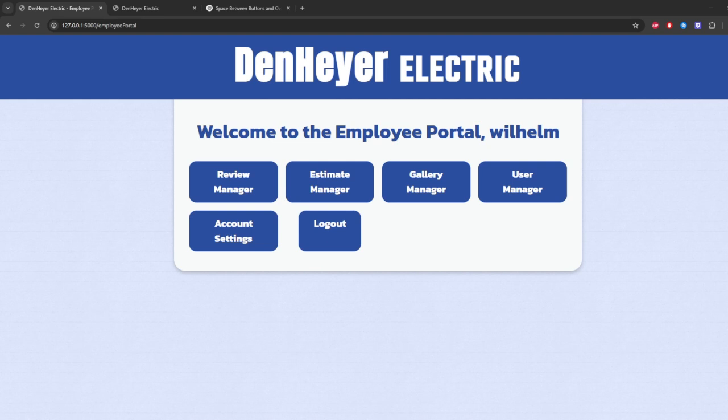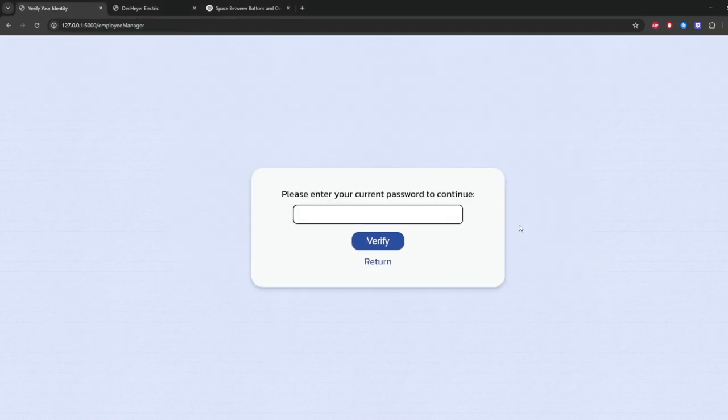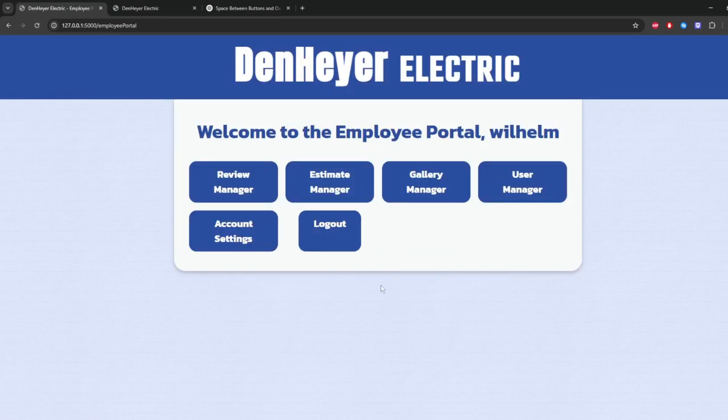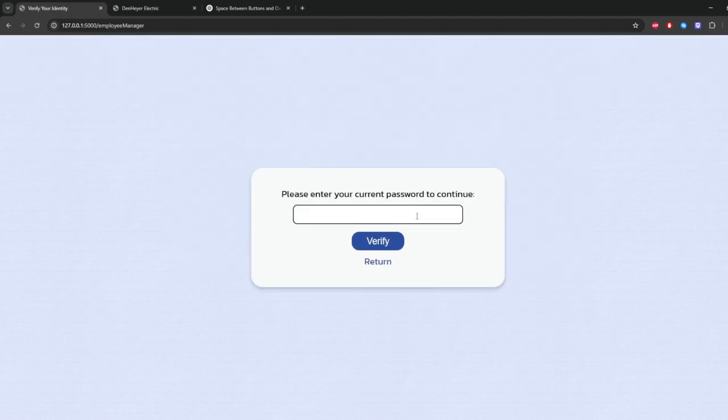So if we go to user manager, sorry for the cuts here, I was having a little difficulty with the recording, but if we go to the user manager, it's going to prompt us to re-input our password. This does this for account settings and user manager because they pose security risks. The only people who can access user manager are administrative accounts, and I will show you how that works in a second. So upon coming in,